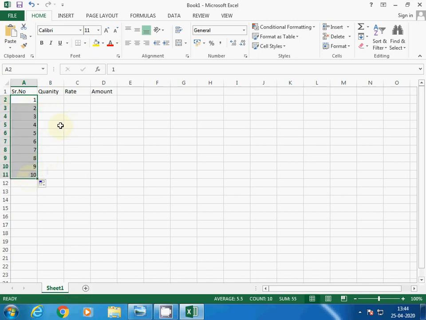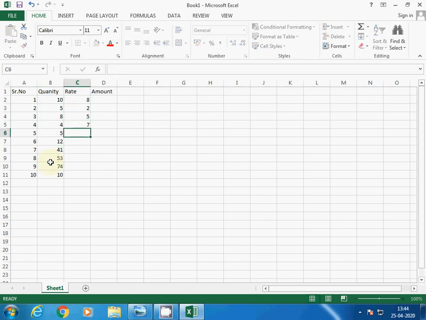Suppose I want to calculate the bill amount. You learned in class 6 how to generate a series. I enter quantity here as per my choice, any number. And then rate, I enter the rate also like that.